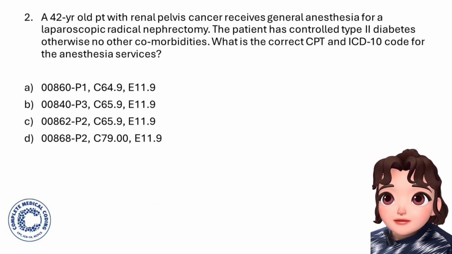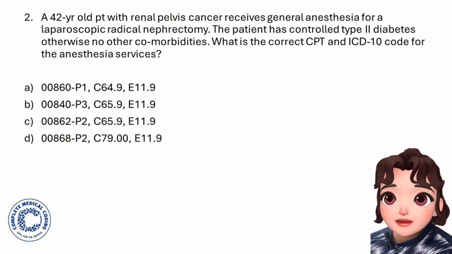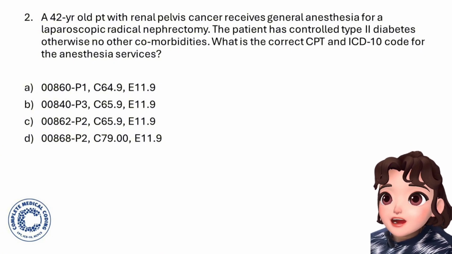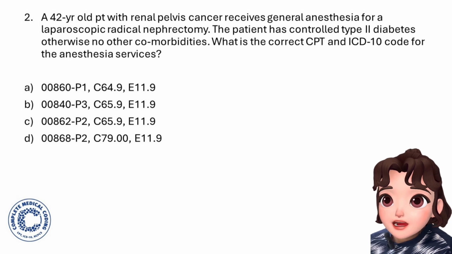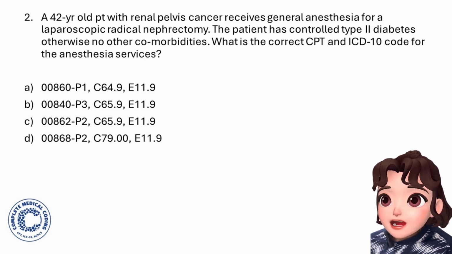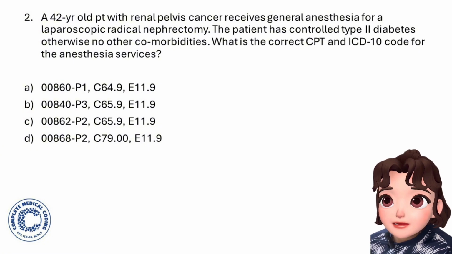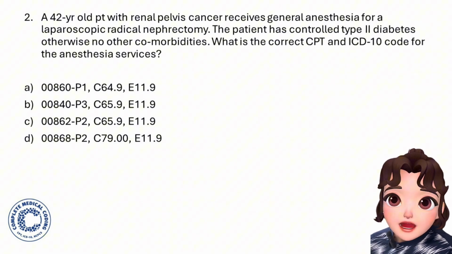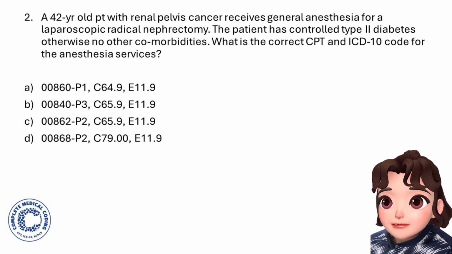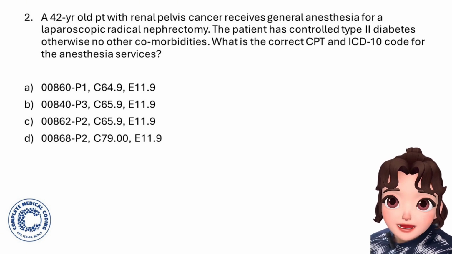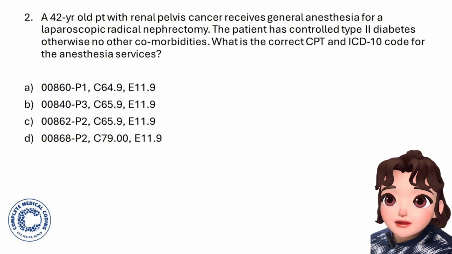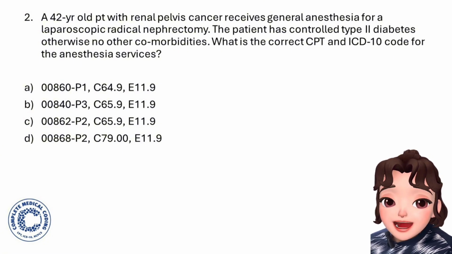So let's go to the second question. A 42-year-old patient with renal pelvis cancer receives general anesthesia for a laparoscopic radical nephrectomy. The patient has controlled type 2 diabetes, otherwise no other comorbidities. What is the correct CPT and ICD-10 code for the anesthesia services? So here we have to code for the anesthesia for laparoscopic radical nephrectomy,